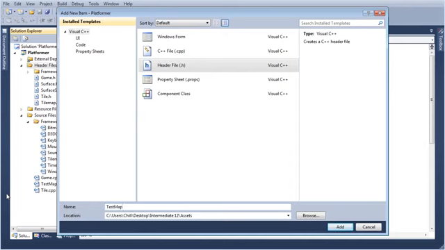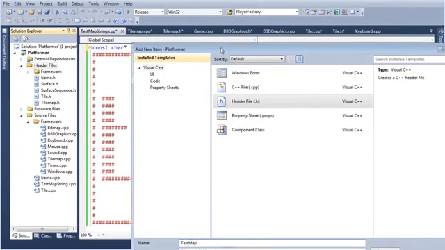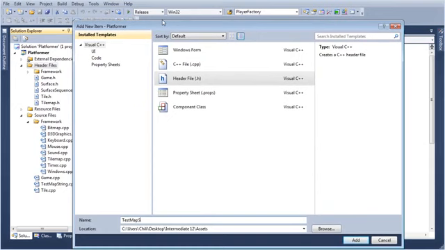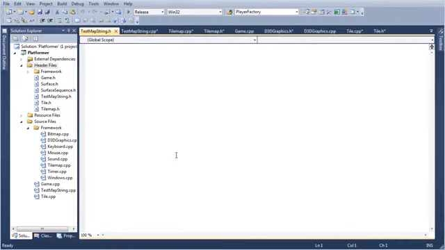Test map, was that test map string or just test map? Test map string. And here we go. Now I'm not exactly sure how this works, but I think I can do it like this.